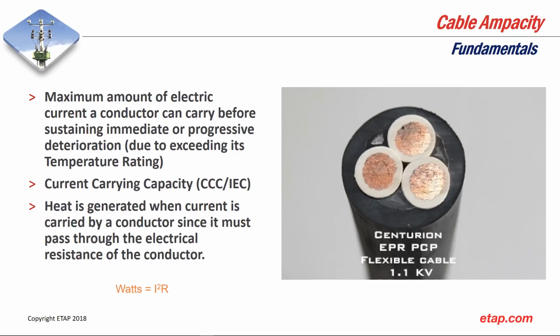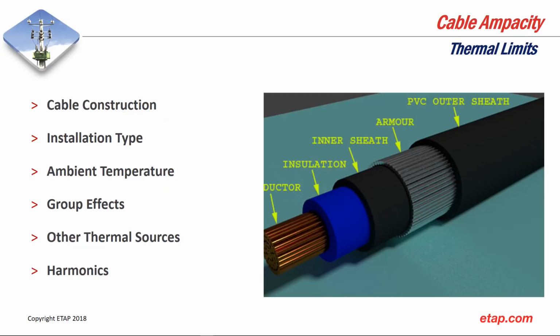The heat is generated when current is carried through conductors, so it must pass through the electrical resistance of the conductor, which in this case is copper. And there is a brief calculation there of watts, which is I square times the resistance, or R. And some of the thermal limits on a cable